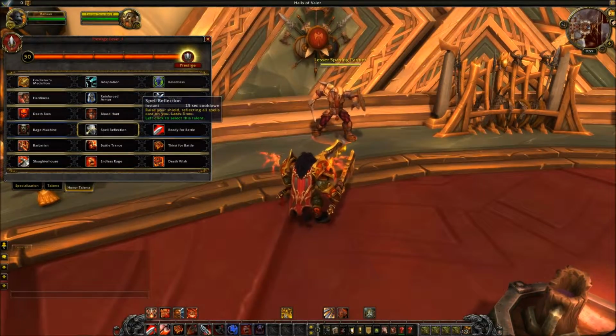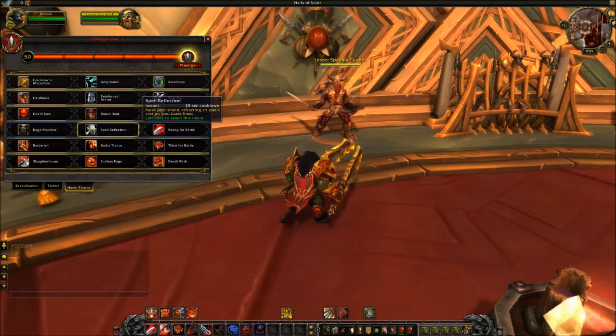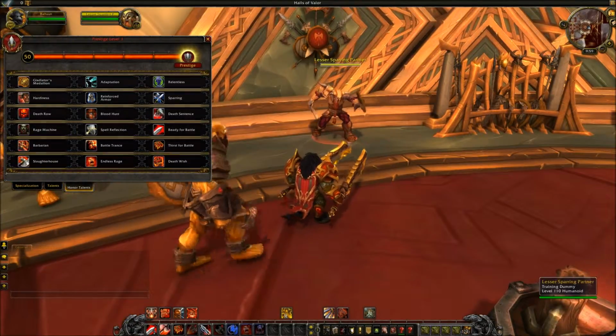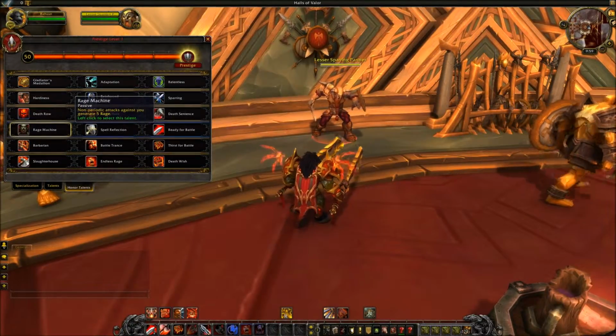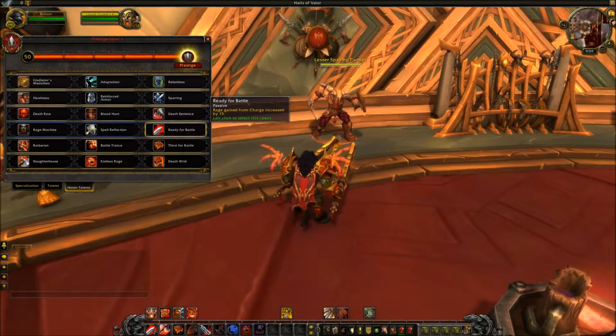There's Spell Reflection. As I mentioned in the first video, Spell Reflection has been removed for Fury Warriors and Arms Warriors. It is a prot pally only ability. However, it has been brought back for the Fury Warrior here for you to use in PvP. So if you like using it in PvP, this is where you're going to pick it up. However, you have to kind of compete against Rage Machine, and then this one, Ready for Battle, which